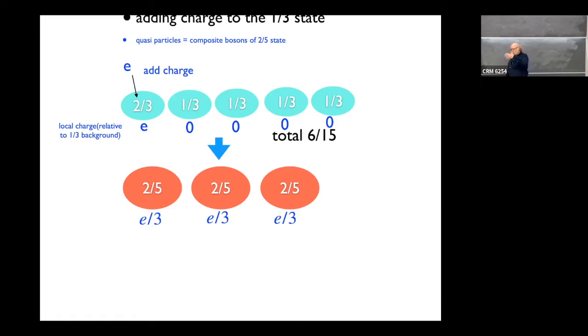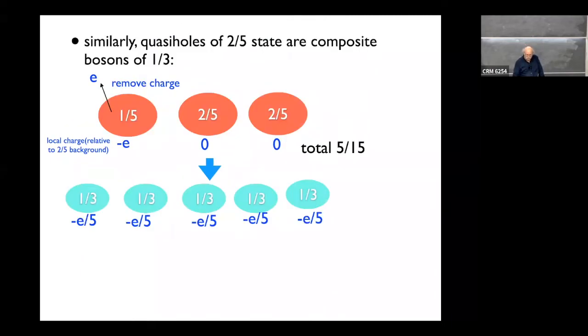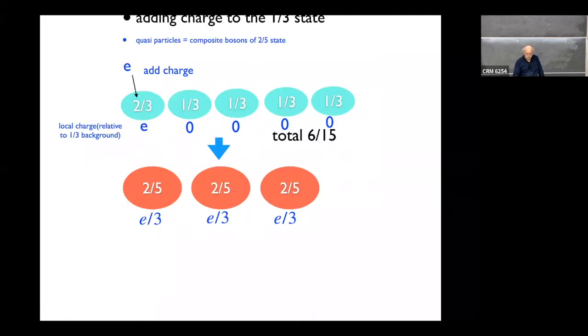quasi-particles with charge minus 1/5 relative to the background, and those are actually droplets of the 1/3 state, which carry a relative charge of minus 1/5 when they're swimming in the background of 2/5. So you have a kind of symmetric pattern like that, and the final thing in that is that if you,